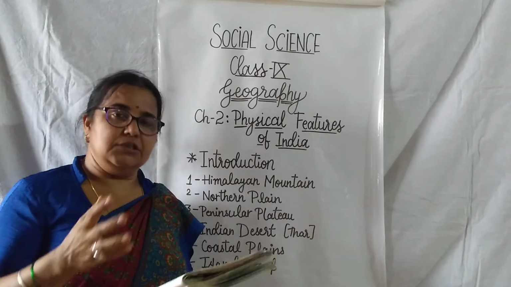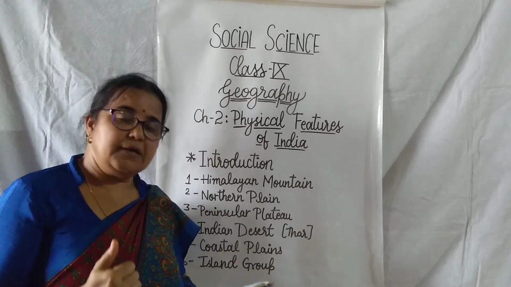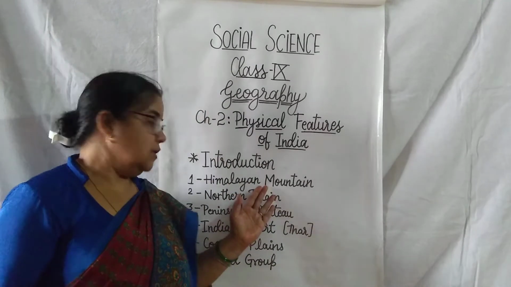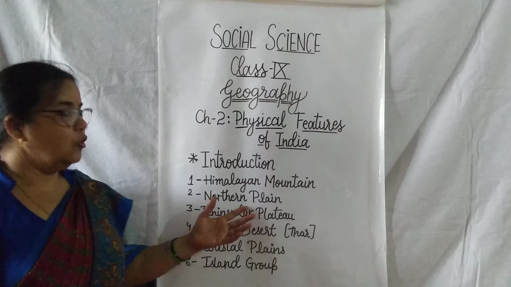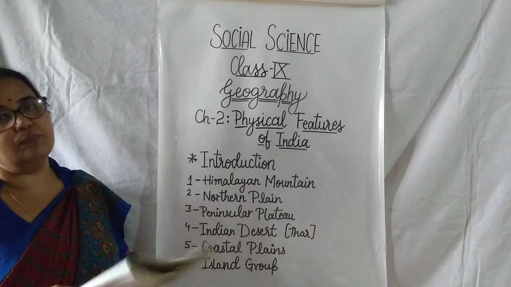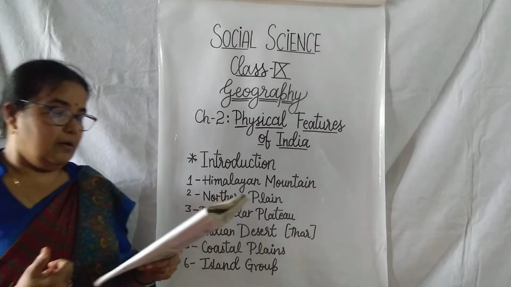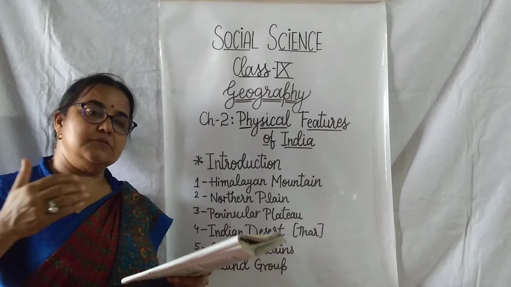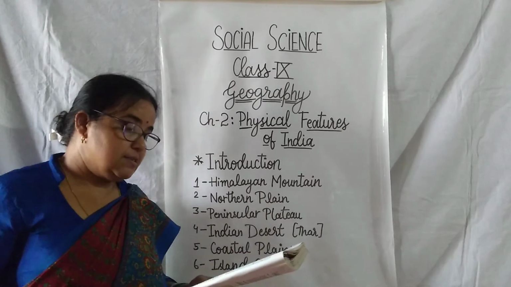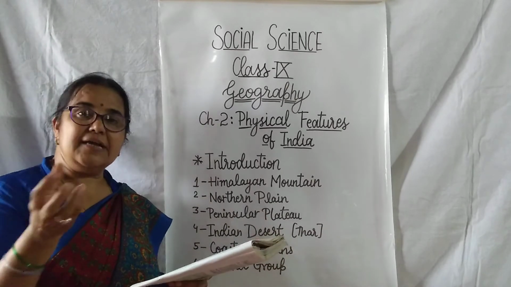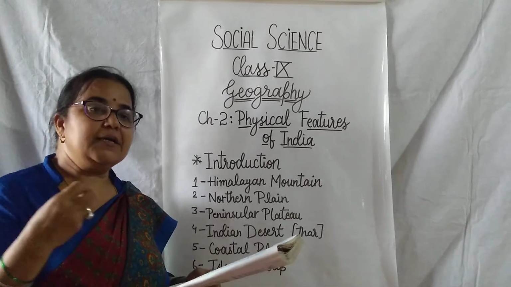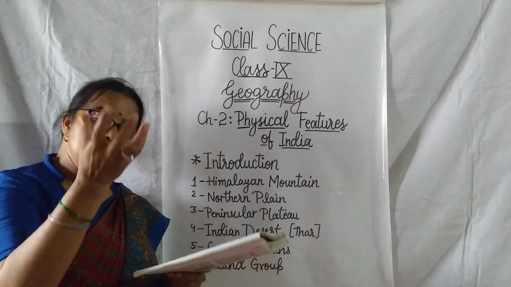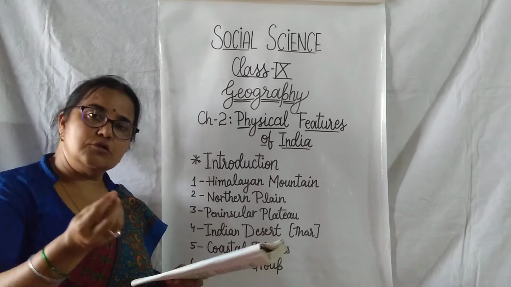When these plates collide with each other, by this particular movement of plates, the Himalaya mountains are formed, and apart from the Himalaya mountains, the northern plain is also formed by these particular plates. Due to this, in due course of time, slowly in coming years, with the deposition of sediments which come with the river water, our northern plain also formed. As the Himalaya is forming, at the same time, the northern plain is also formed.